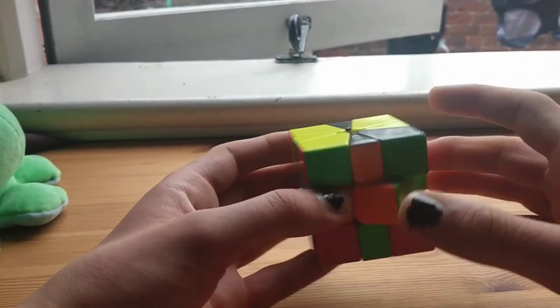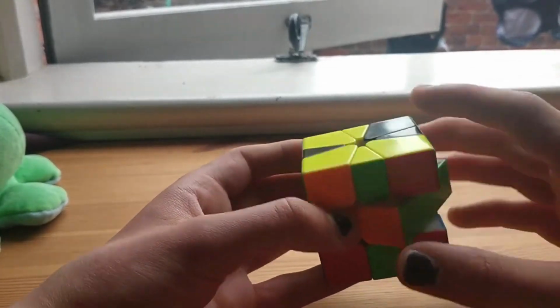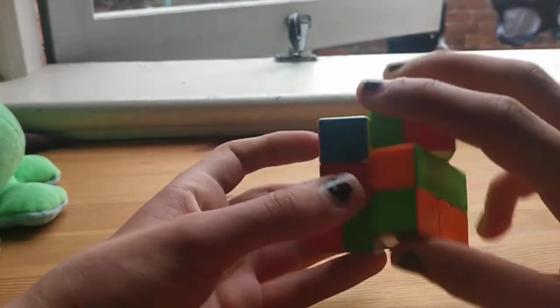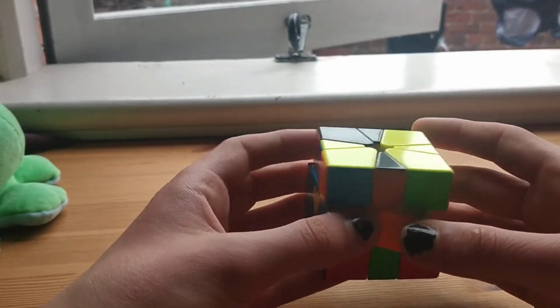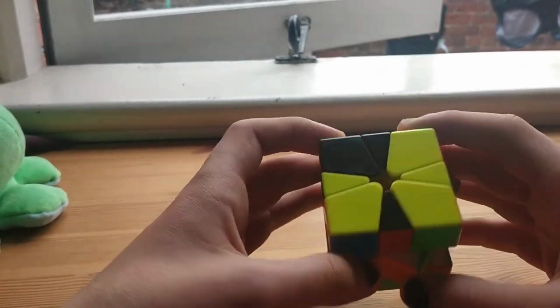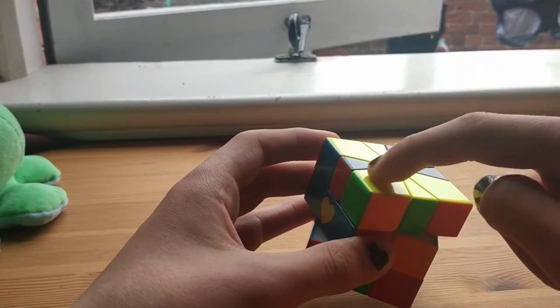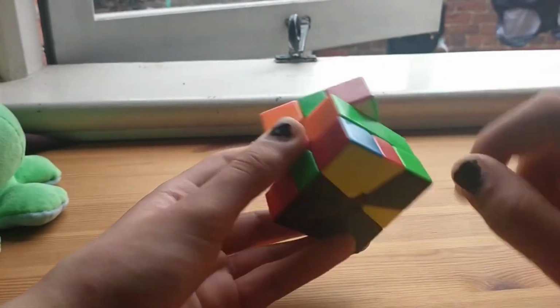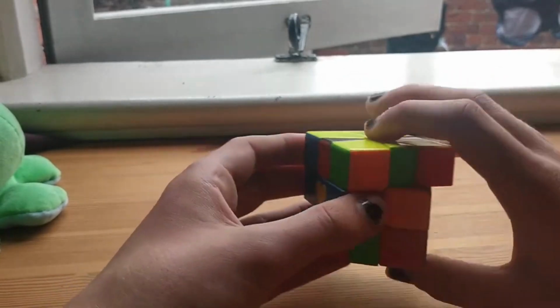All I have to do is keep this corner in the top. So there's actually like 3 ways I can solve this second block, because I could have the corner here and do that, or I could have it here, or I could have it back here. So if I put it here and I do slice U prime slice, it'll put this edge into the DB spot, and then it'll stay there after I finish the second block. So I'll do that,